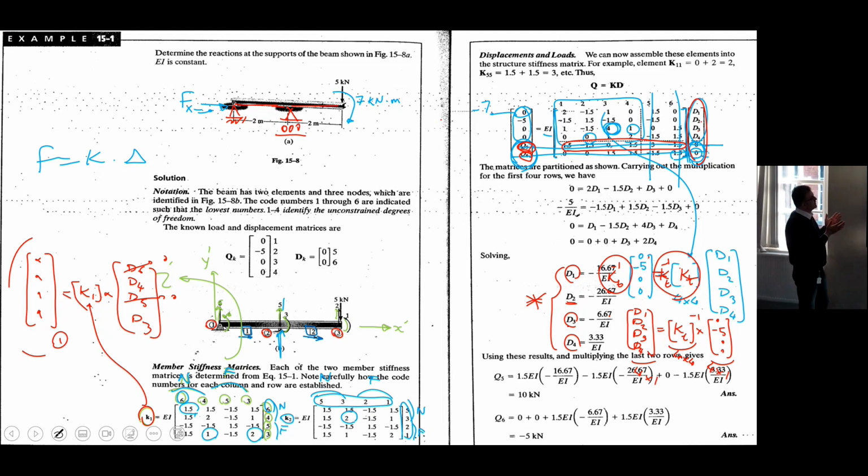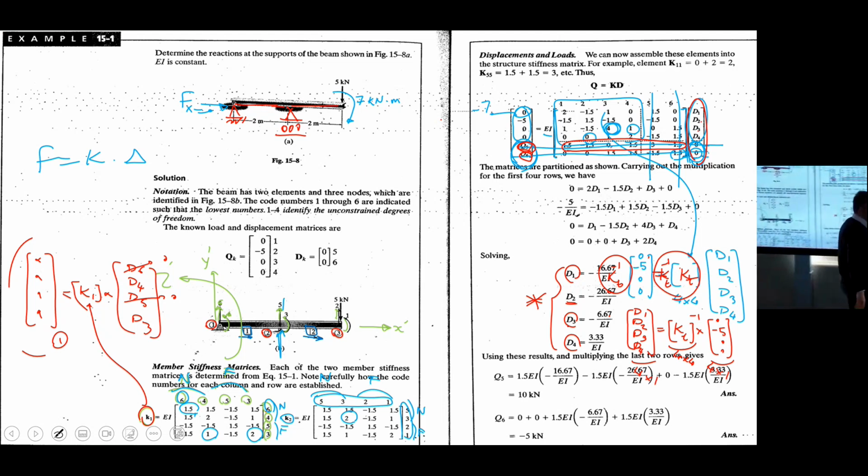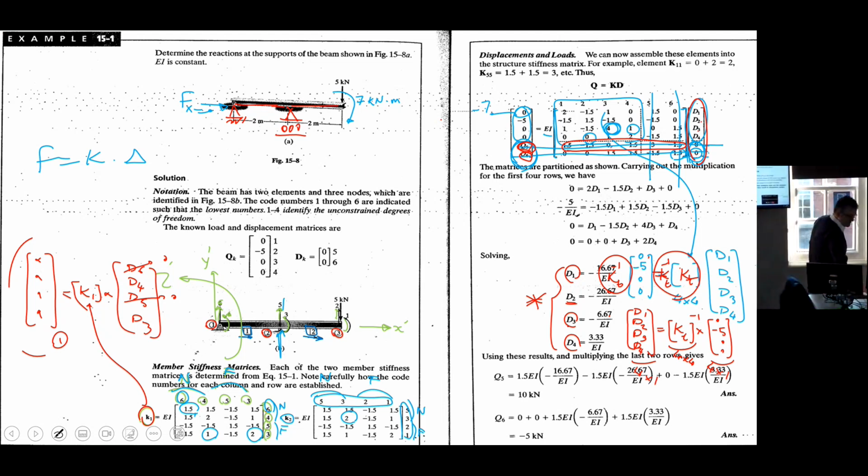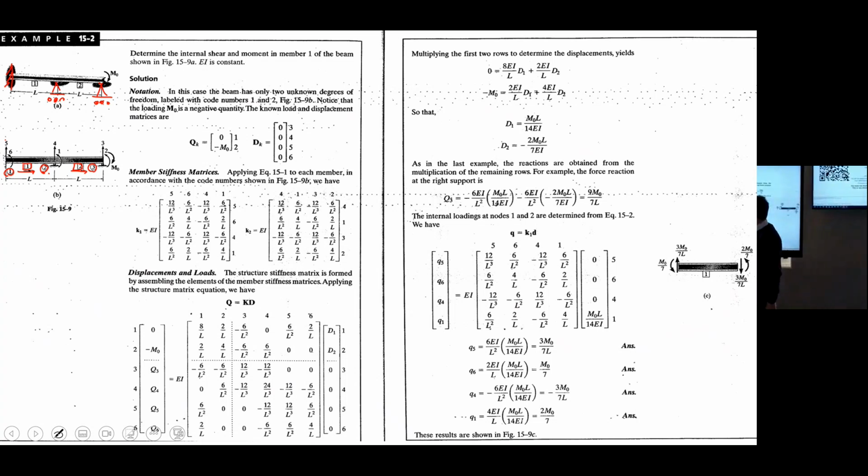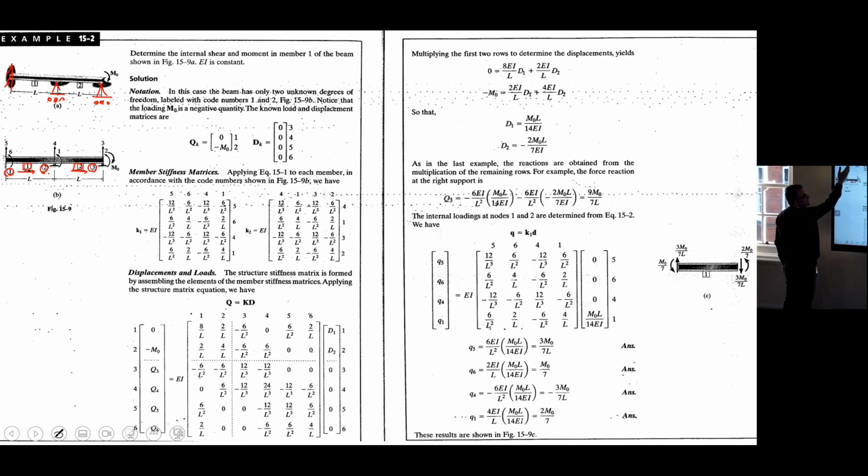So, what is this? We have 3 transversal degrees of freedom, 3, 4, 5. We have 3 rotational degrees of freedom, 2, 1, 6, right? This fixed support constrains